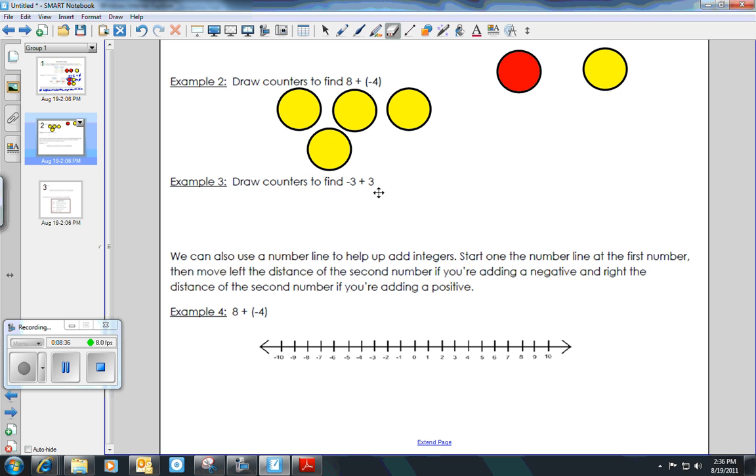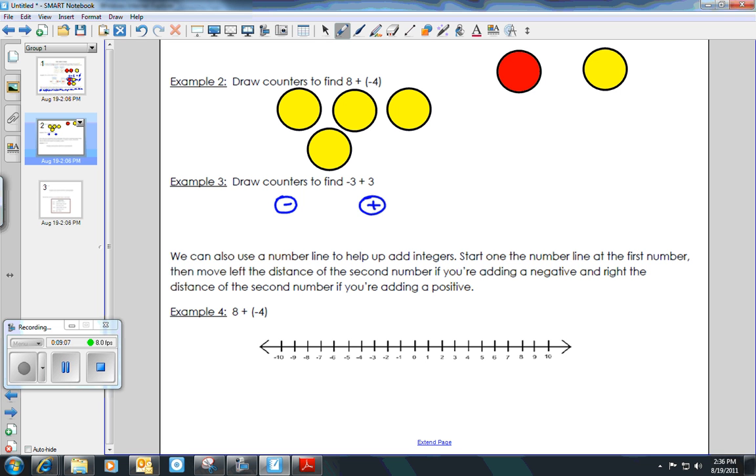What I want you to do for this next example is draw 3 negative counters and 3 positive counters and tell me what the answer to that problem would be. Negative 3 plus 3. And when you're drawing your counters, if you don't have colored pencils, that's fine. Make a circle with a negative in it for the negatives and a circle with a plus in it for positives. Okay? I want you to draw those up and pair up your positives and negatives and see what your